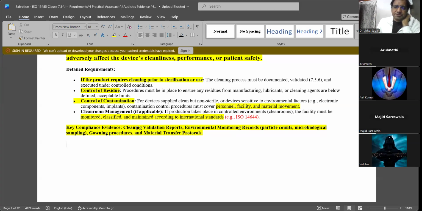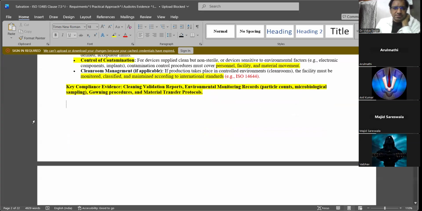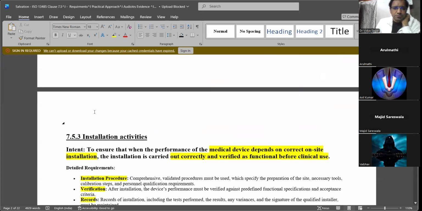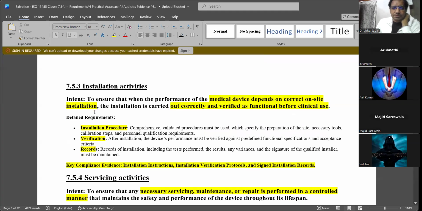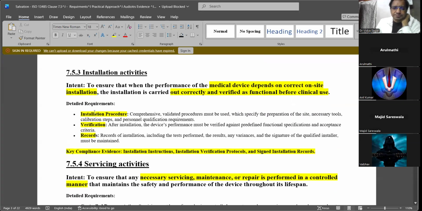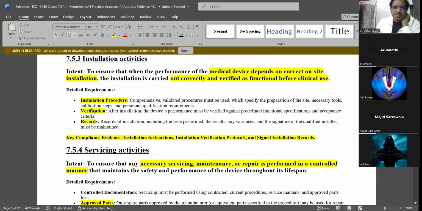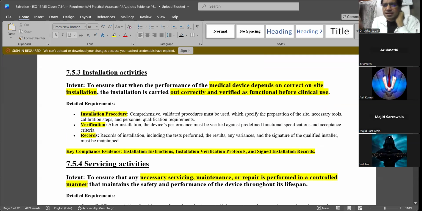It's better to reduce the particle size and reduce the bioburden as low as possible so that your sterilization will be effective. I told you the other day, if your bioburden is more, what happens? Even if you are doing an end-stage sterilization, if your bioburden is more, the endotoxin levels will increase.